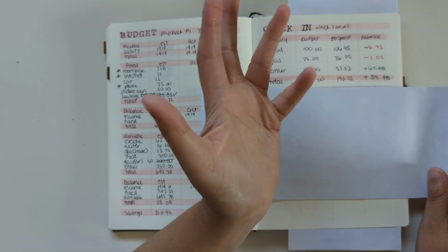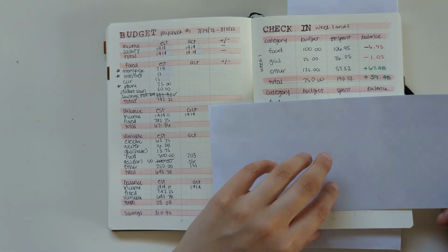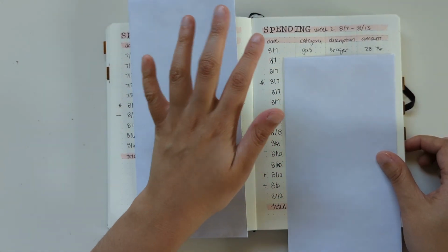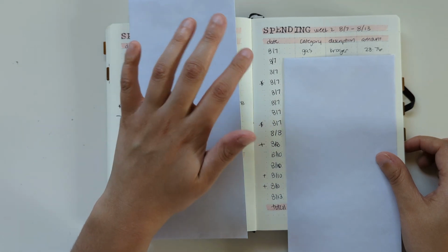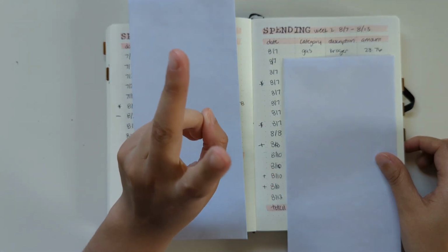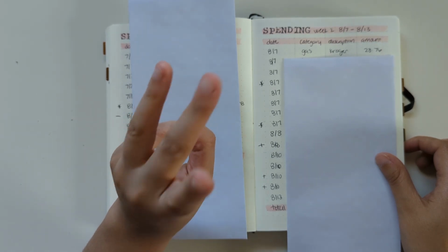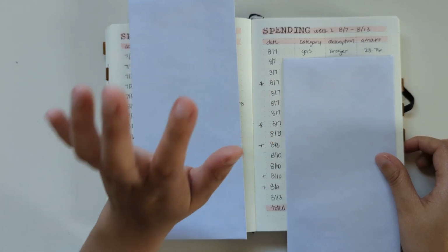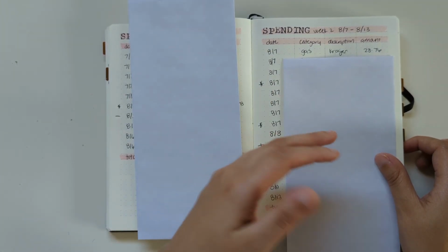That's where I'm at right now. That could change. So I'm also going to go over my spending for the second week of this paycheck. Basically between these two, you might notice that I do groceries and maybe household toiletry items and gas all on Sunday. And that's why I start my spending log on Sunday, because then it makes it easier for the rest of the week. I know what I have left instead of trying to save it for the end of